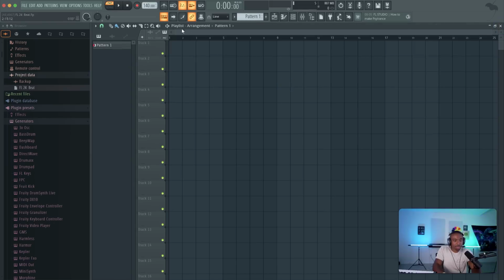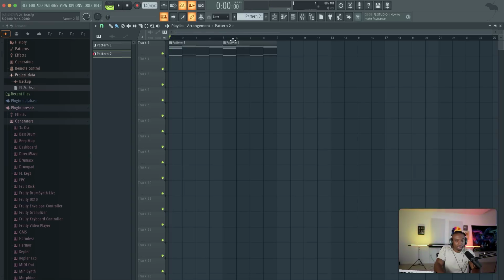Okay, so now we have this. Let's go to the song mode and we're going to hit the new shortcut Shift V and then left click. So Shift V, left click. My new thing is just hit Shift, drag it over, then hit Shift V, left click to make it unique. The only thing is it will stack up the old pattern. So that's a little quirky as far as workflow. Not very helpful because I easily could forget that these are stacked and it will just double in volume, and I'm like, what's happening? So I just don't recommend that workflow, but that's a new shortcut that they've added.